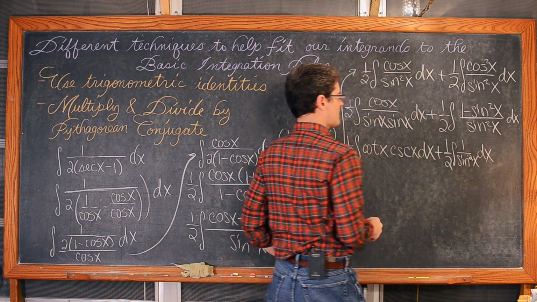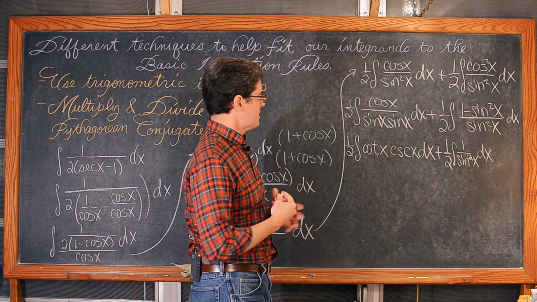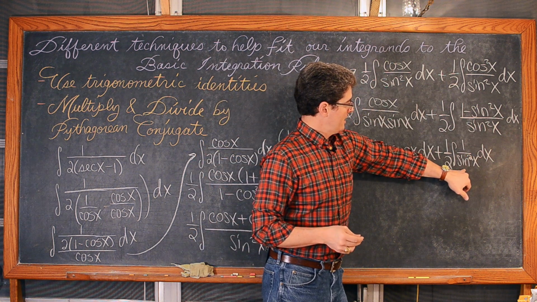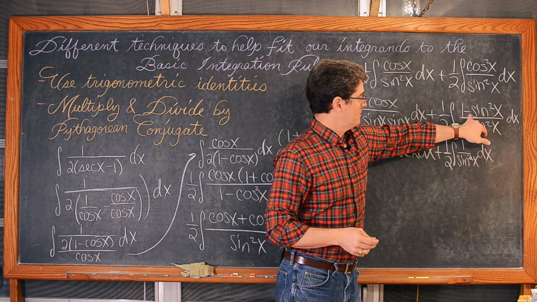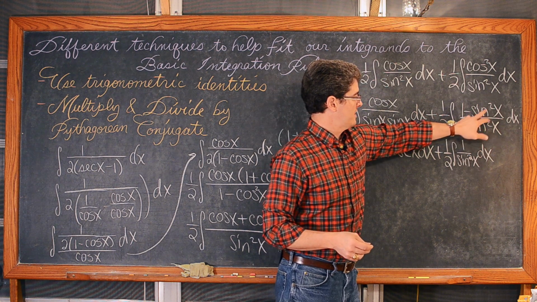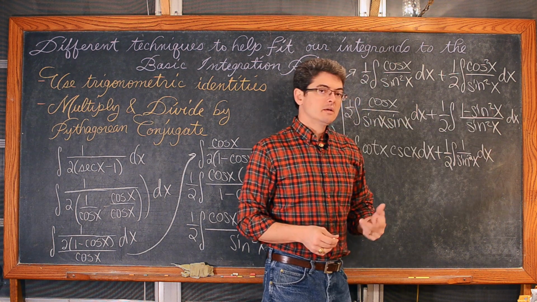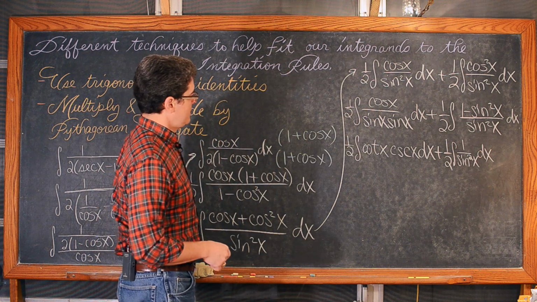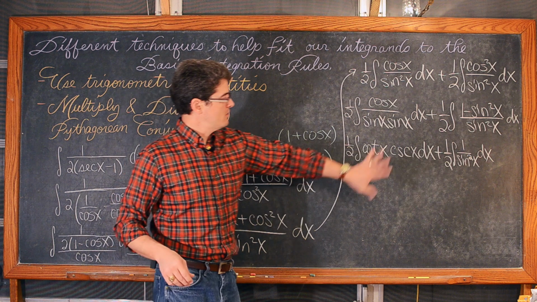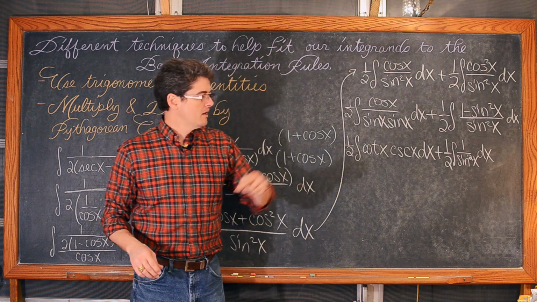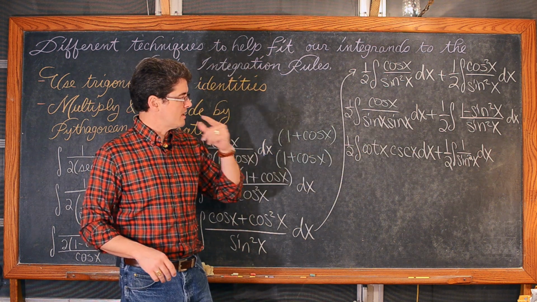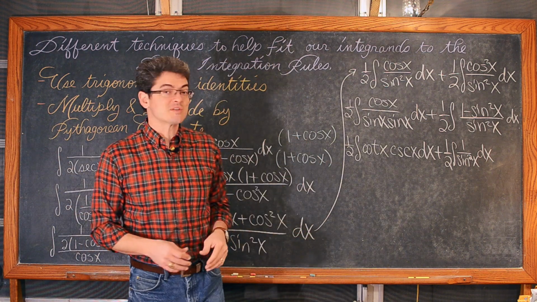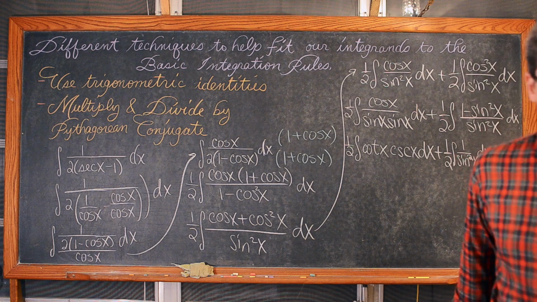dx. And I'm running out of room here, so forgive me here, 1 over sine squared, and then as I write the other integral, I can have a minus 1/2, and then sine squared over sine squared is going to be 1, and I'm still actually not going to fit that in there. So let me pause the video, clean this up a little bit, squeeze it in, and show the next line, and then maybe bring in the green board so I have room to finish up this example.